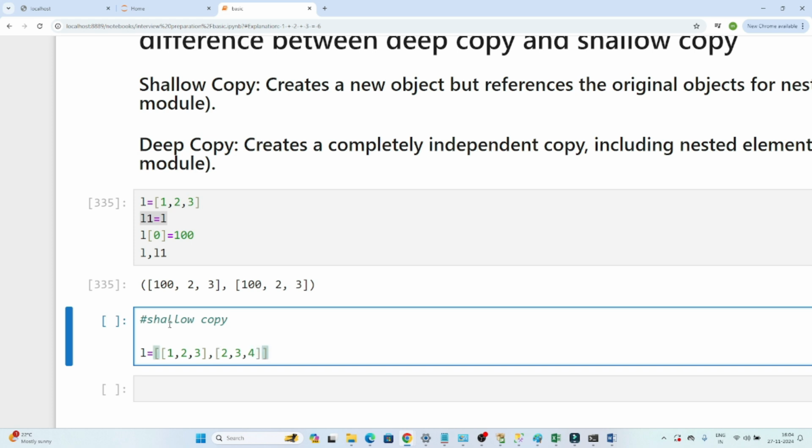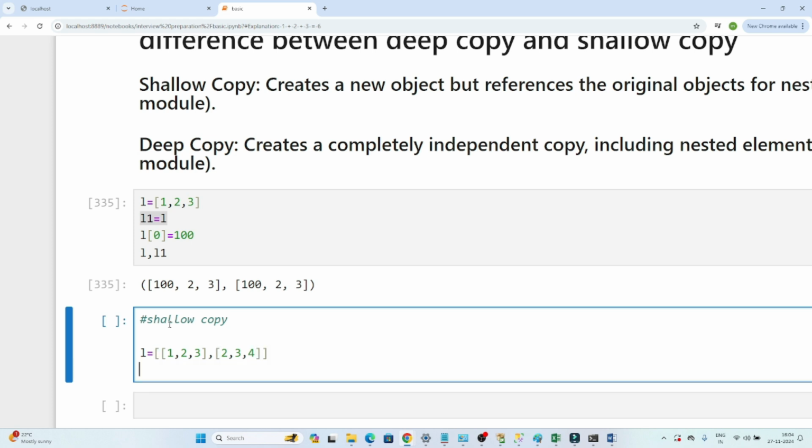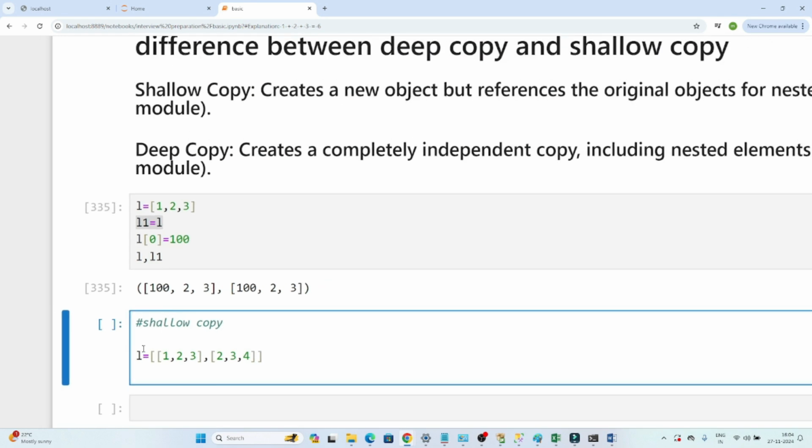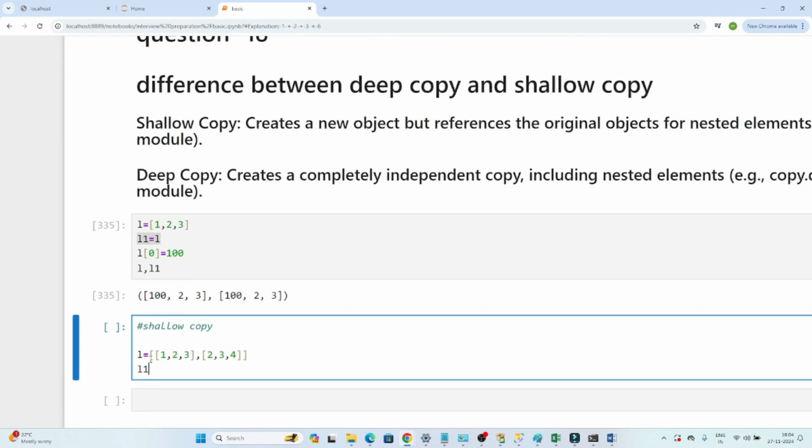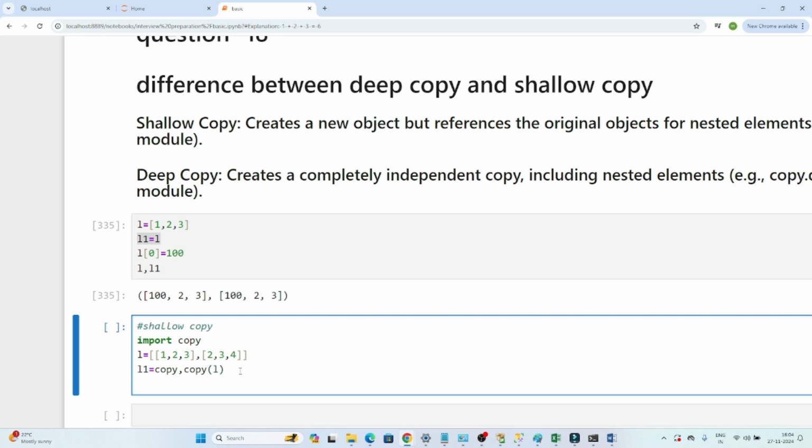This is the nested list I have. Now how can you create a shallow copy? For creating a shallow copy, what you have to write is copy.copy(L). You have to import copy. Now if I print L and L1,